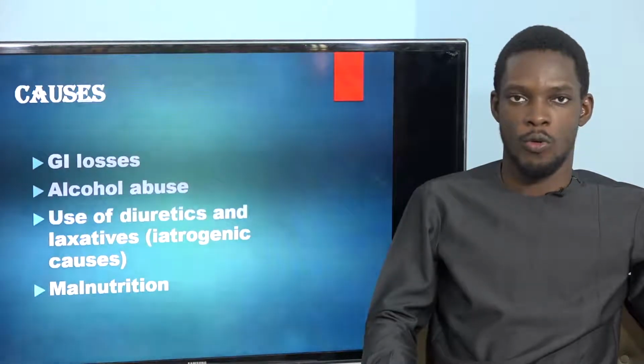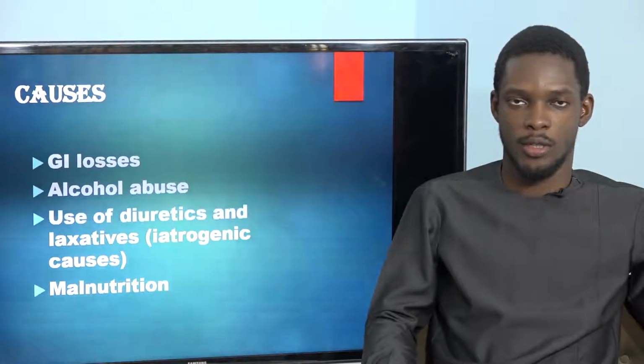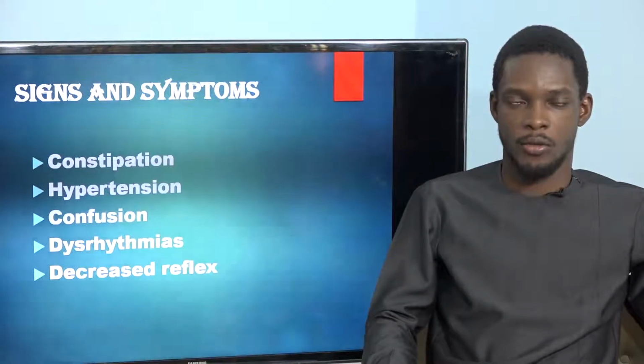Causes of hypomagnesemia, or low amounts of magnesium in the blood, include GI losses, that is through diarrhea or through excessive vomiting, alcohol abuse, and prolonged use of diuretics and laxatives. These constitute iatrogenic causes. Malnutrition, where there is low intake of magnesium, may also result in hypomagnesemia. Signs and symptoms may include constipation,